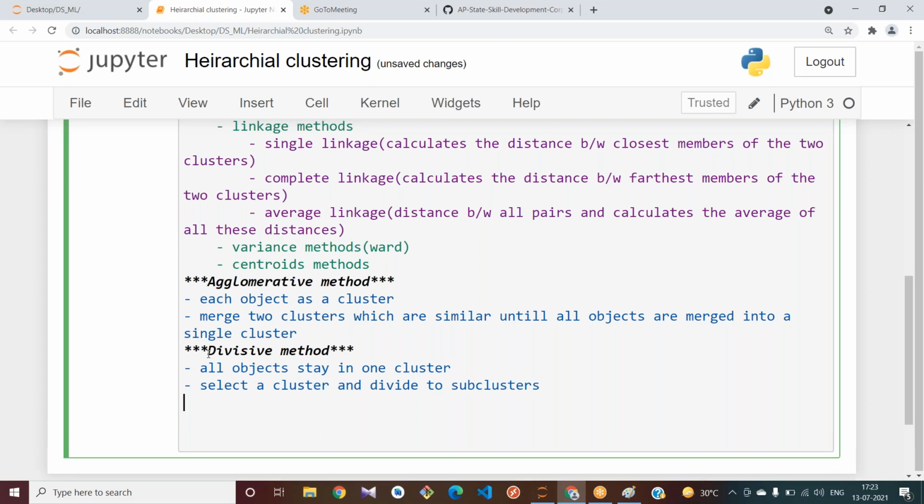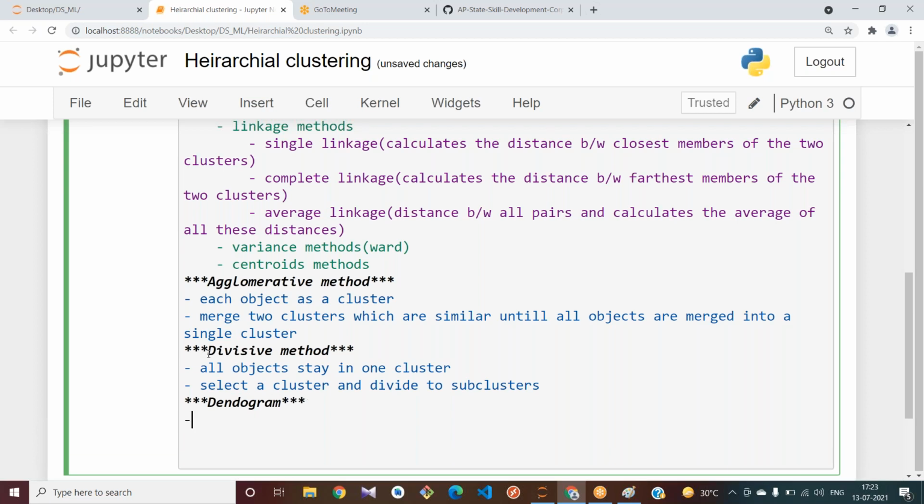And what else have you learned? What is a dendrogram? See, it is actually a tree, a binary tree, which visualizes how clusters are merged or split hierarchically, right?